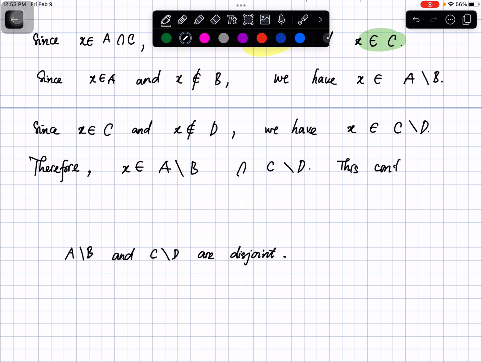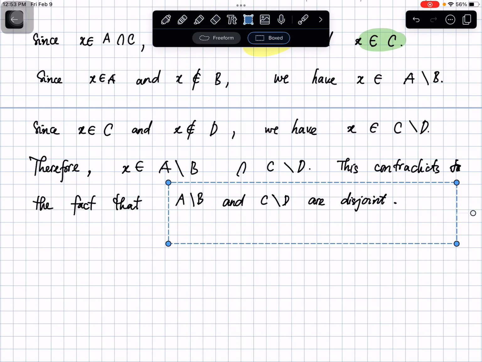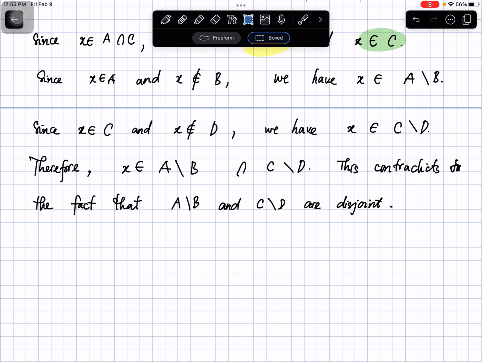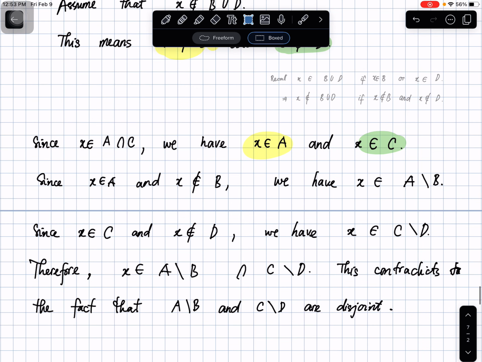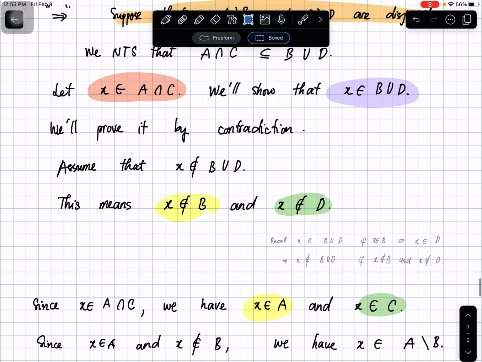This contradicts the fact that A minus B is disjoint from C minus D. Therefore, our assumption is wrong. So our assumption here is wrong. This assumption is wrong. Therefore,